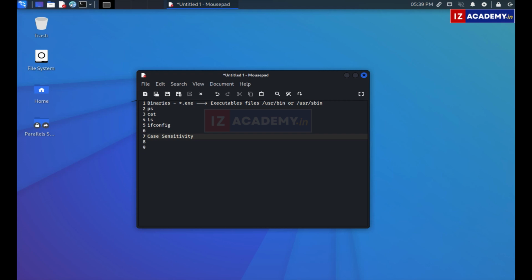The commands are case sensitive. In Windows that was not the case, but here if you don't write it properly, like ls has to be written in lowercase, if you write it in uppercase, it will throw an error, file or directory not found.